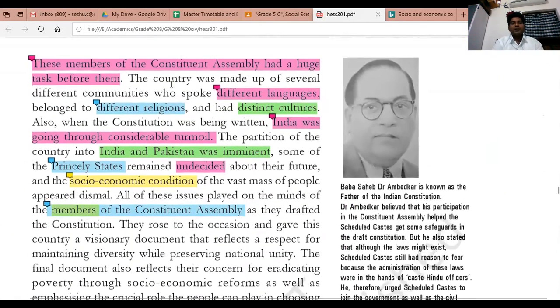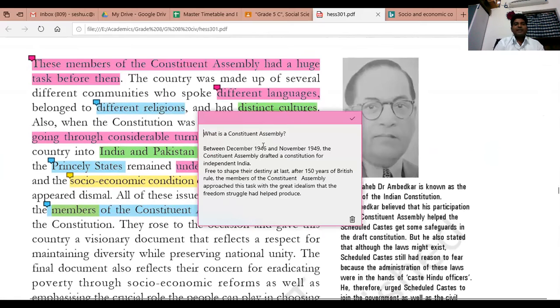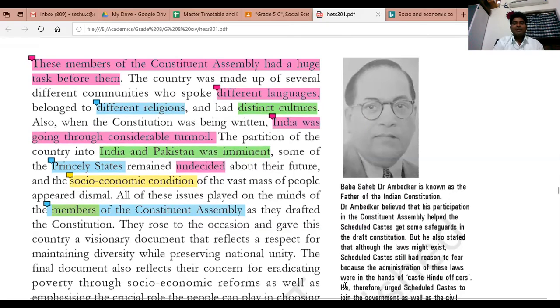So when you prepare, please prepare on a textbook. If necessary, have a PPT for words, or if you feel only text will be asked, then you can write here. There is a word called constituent assembly. So I wrote, what is a constituent assembly? And right here, what is the meaning of that, what you want to tell them, so that they also can make a note with a pencil in their own notebooks. So I think this video will be helpful for all of you to keep students engaged while they are learning.